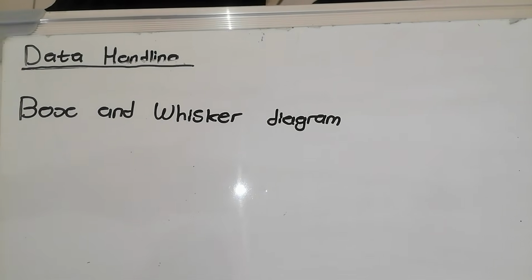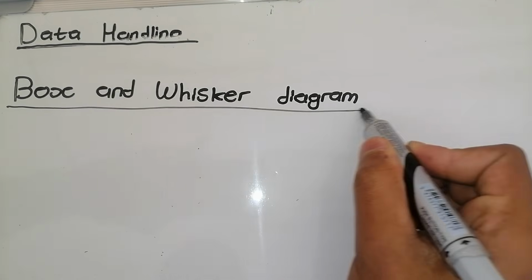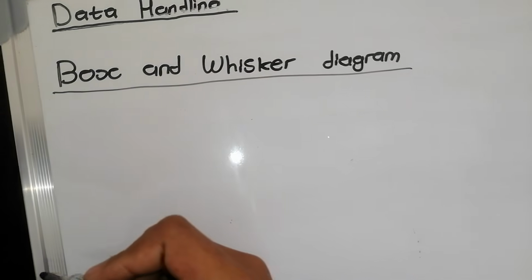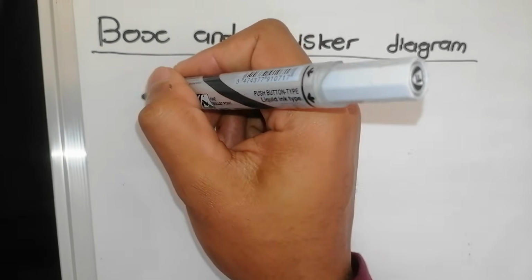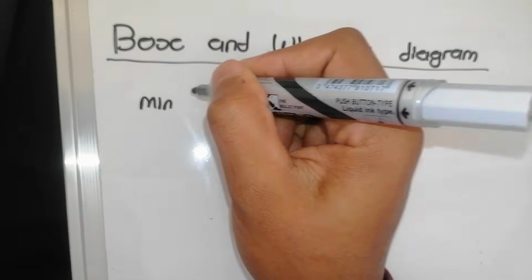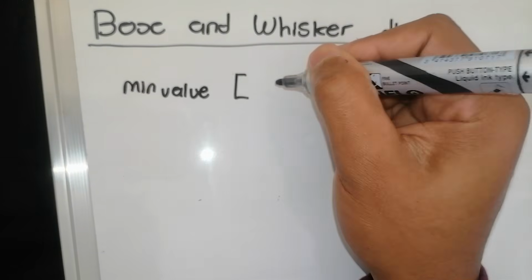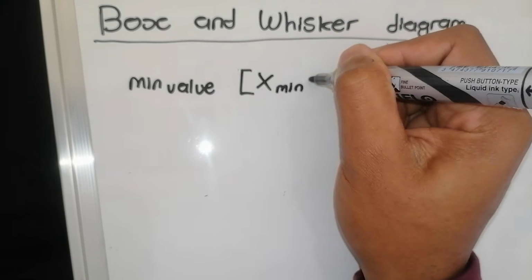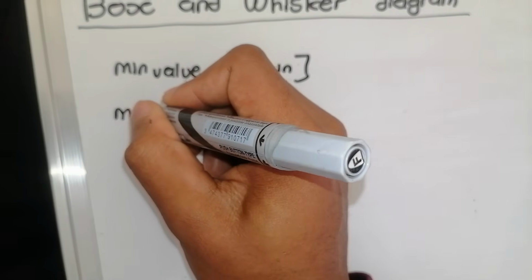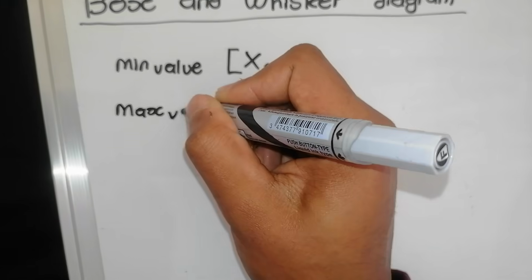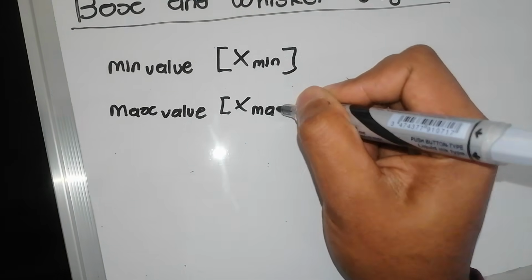Okay, so in this video we're going to be talking about the box and whisker diagram. For you to draw the box and whisker plot, you need the minimum value of the data, which is x min. Then you need your max value, which is x max,